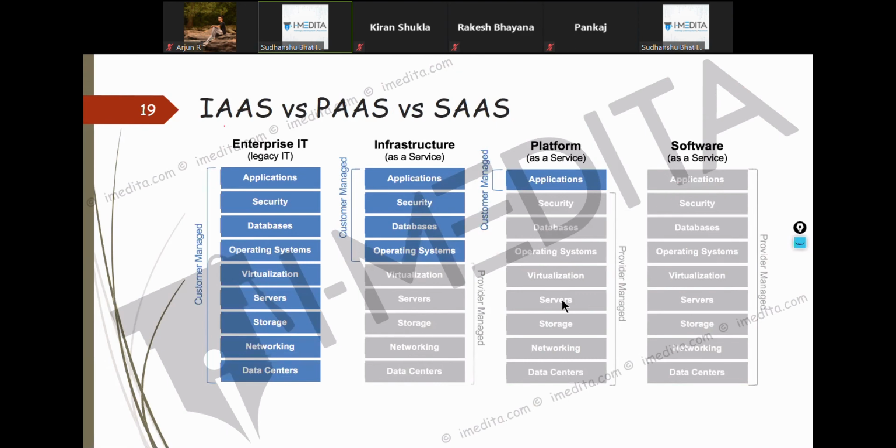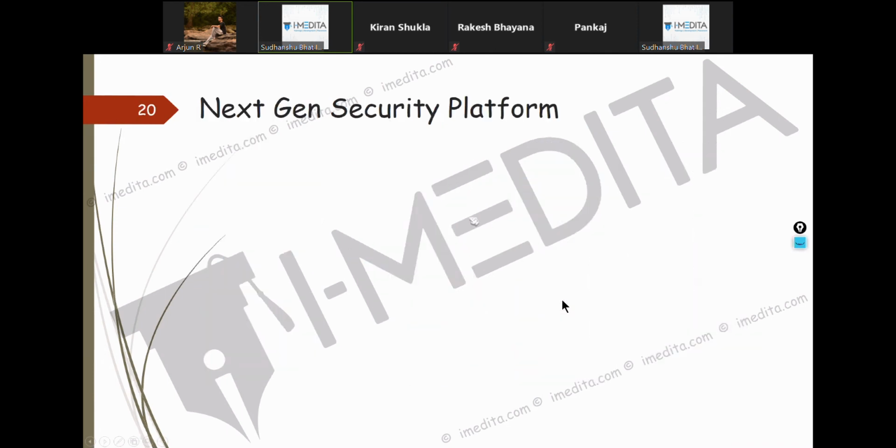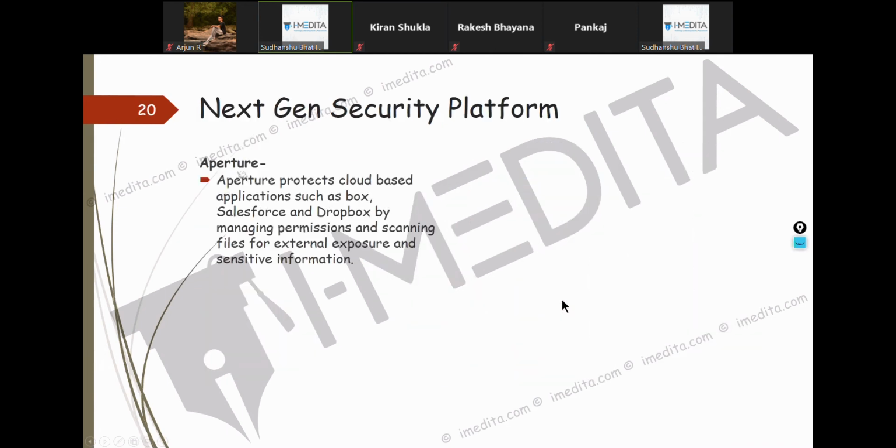Fine. So next, I'll just introduce you to IaaS, PaaS, and SaaS. Why am I introducing you to this? Now, there is a security solution from Palo Alto called Aperture, which is now renamed to Prisma.